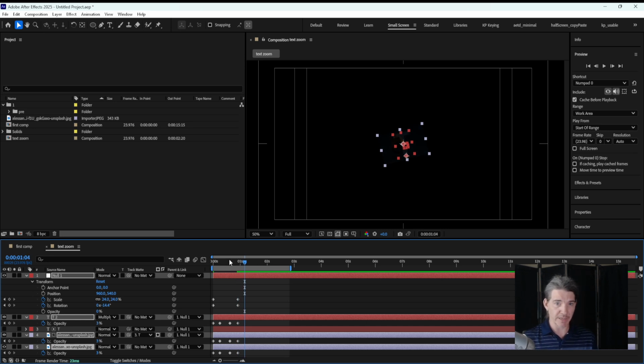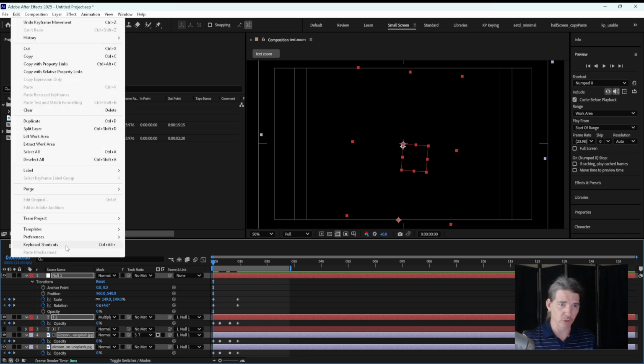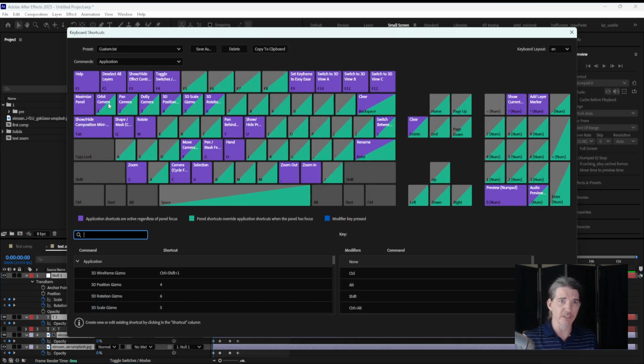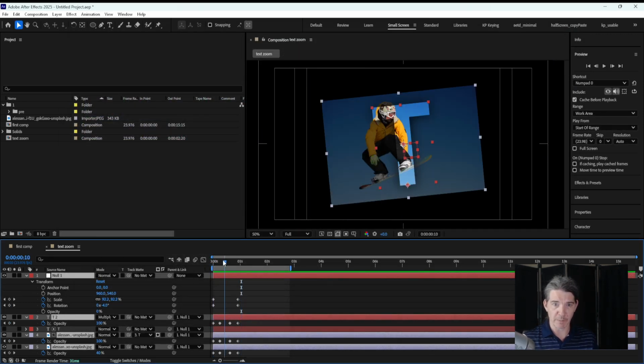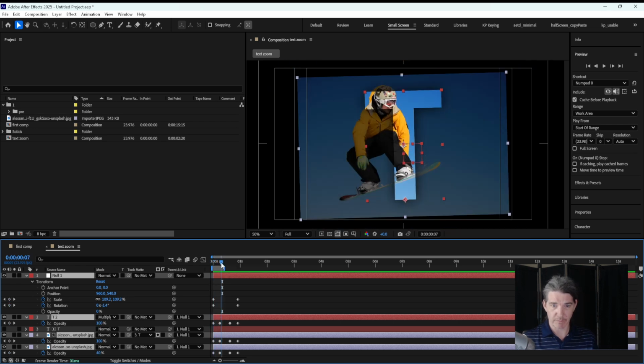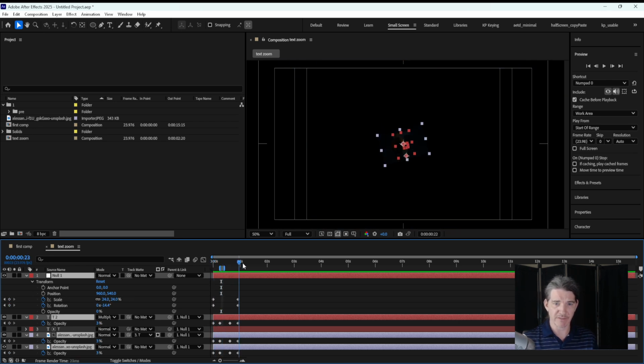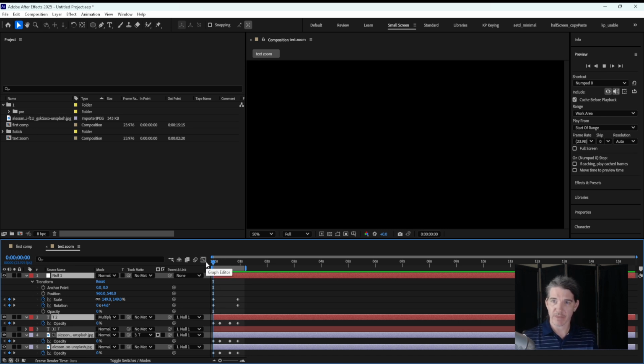And to set your beginning and work end, it's all about keyboard shortcuts. And if you ever wanted to change any of them, you can come into keyboard shortcuts and customize it, but it's pretty good practice just to learn it. So B will set the beginning of it, N sets the out, and then if I hit 0,